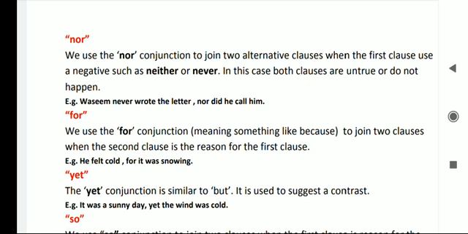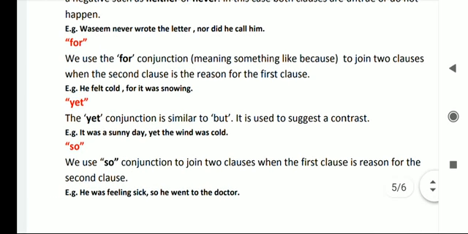Both the clauses are untrue। यहाँ पर Wasim never wrote the letter nor did he call him। So यहाँ पे जो both the clauses they are untrue or they do not happen, and these two clauses do not happen। So वहाँ पे हम इस्तेमाल करते हैं neither और never। Wasim never wrote the letter nor did he call him।